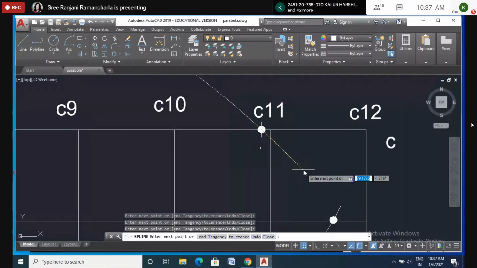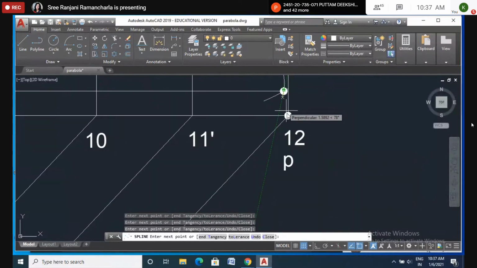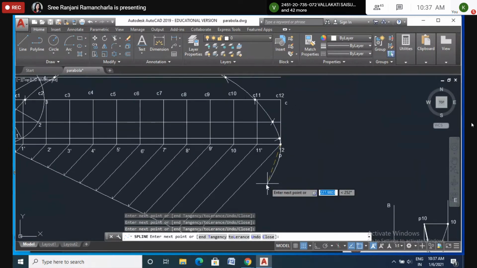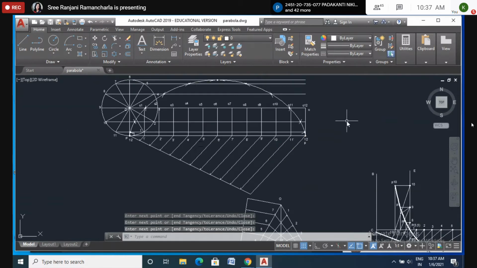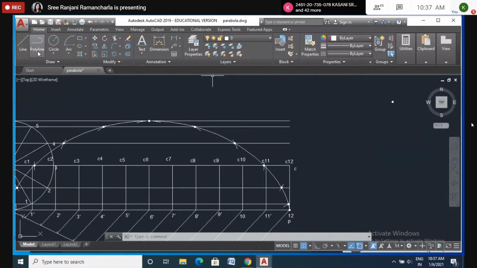Do you remember, or do you want me to show that video again? Here, when we were talking about super elevation, I showed you some. This is the last one. Right, I want to see the position of the curve, then I want to end it. Okay, like this. Enter. Now did all of you get this one? Yes or no? So this is a cycloid. So here I want to write P1, P2, P3.